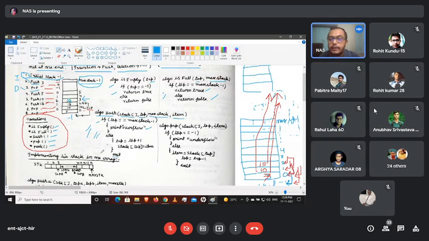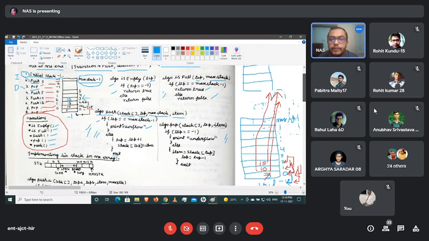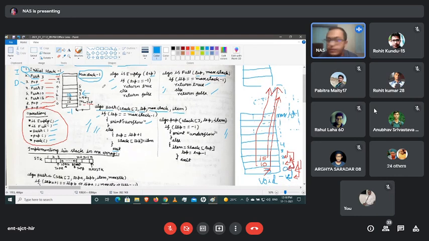Okay, this is the concept behind push operation. Now, if we come to pop operation, how is the pop operation operating? First, in case of pop operation, we have to check whether there is data within the stack or not, and the easy way to check that is whether underflow condition is occurring or not. So algo pop stack top and item. Item is our input parameter here. So if top equals -1, it means our top is showing the -1th position, so underflow condition, because there is no data within that stack, and it will exit from there.